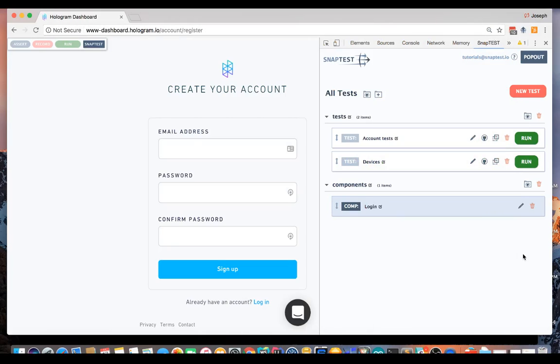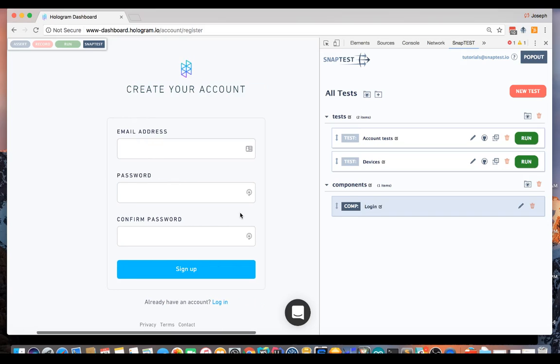Hello everybody, Creator Snap Test here with another tutorial. This one will be about making a registration test where we test that the registration form on this website is